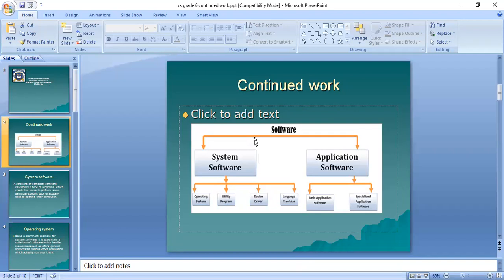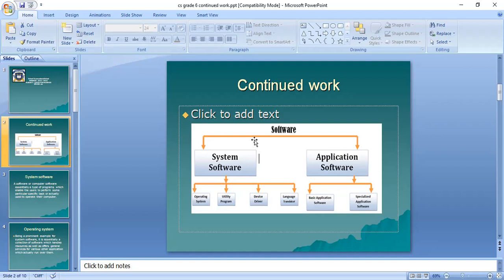Let me tell you what software is first, and then we will work further. Software is something in which you run your programs, like MS Word, MS Office, database management. These are the applications you can use. System software is an intangible thing, you cannot touch it. These are the systems through which you can process your data, save it, run it, and many other things. There are also types of software.